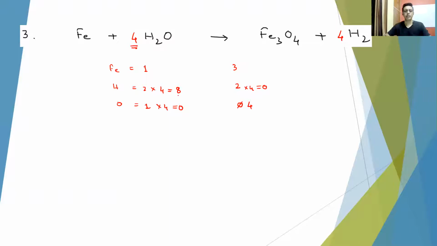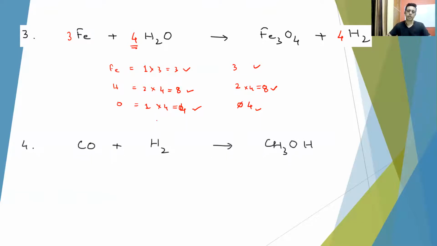Now hydrogen is balanced. Oxygen is balanced. What is not balanced is iron. Right hand side you have 3, left hand side you have 1. So place 3 here. Iron is also balanced. So this is how the equation is balanced. So student, I am telling you again, you take your pen and paper and try to balance the reaction along with me. You can pause the video in between and you can compare your balancing and my balancing.